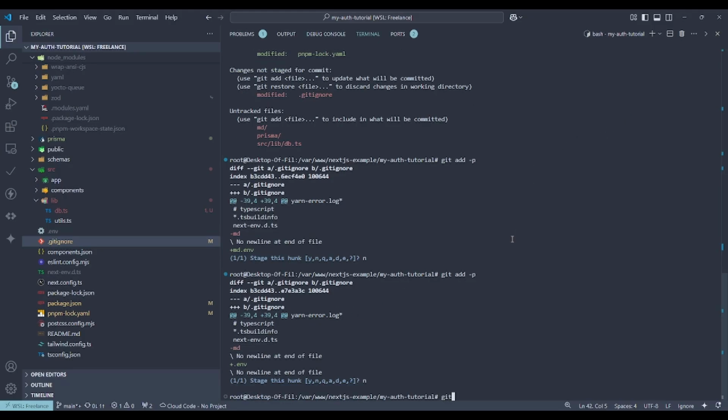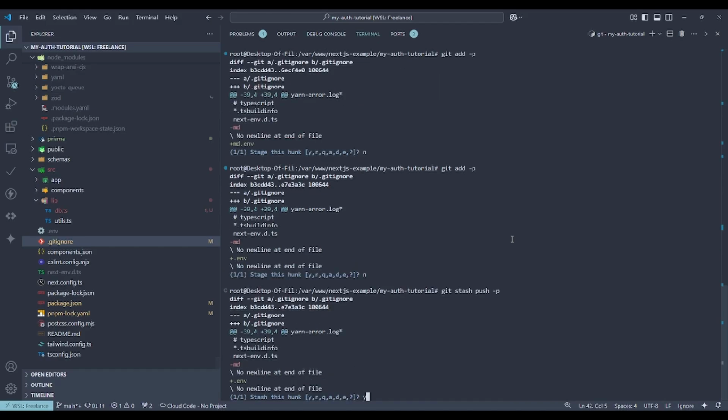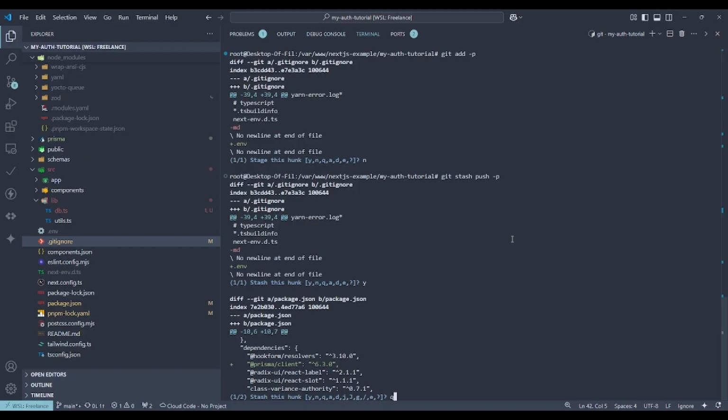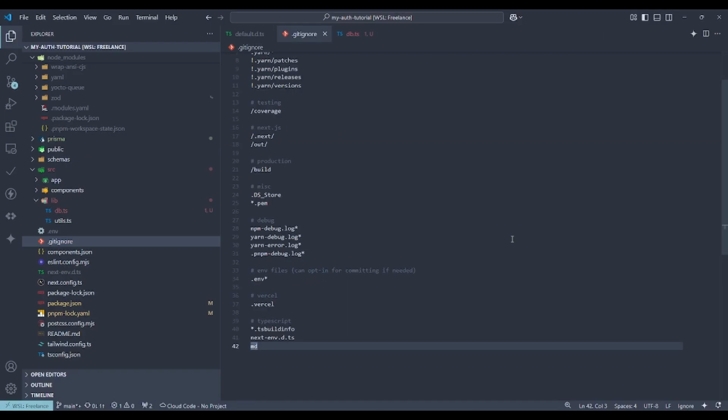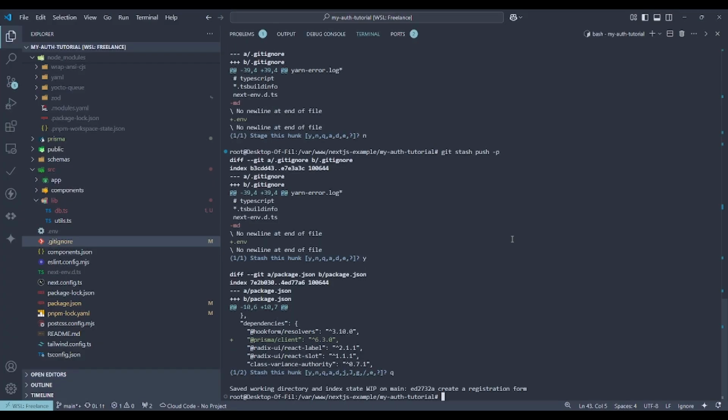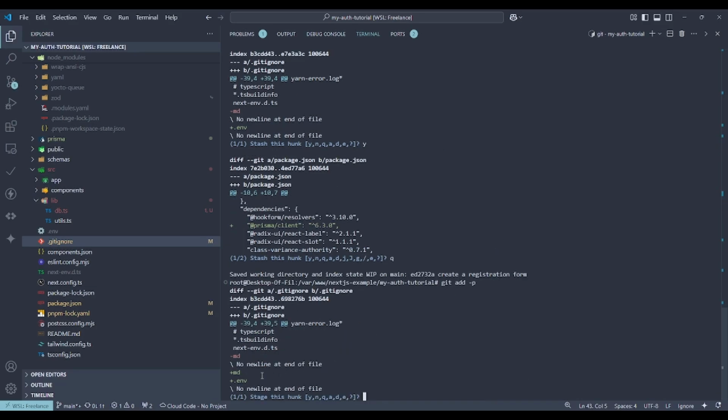Git stash push -p, and let's ask that quit. So let's just add here that .env and git add -p. We can see here that